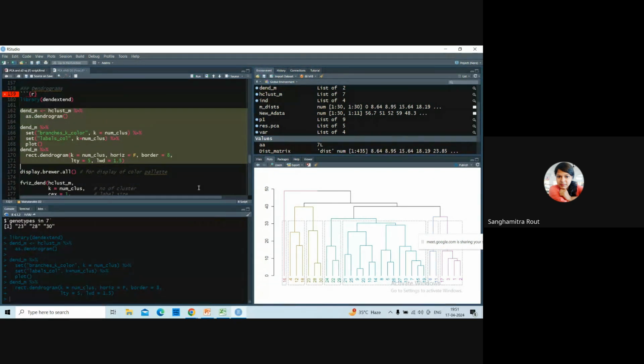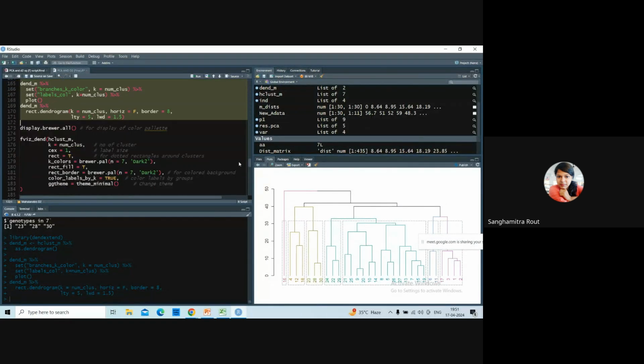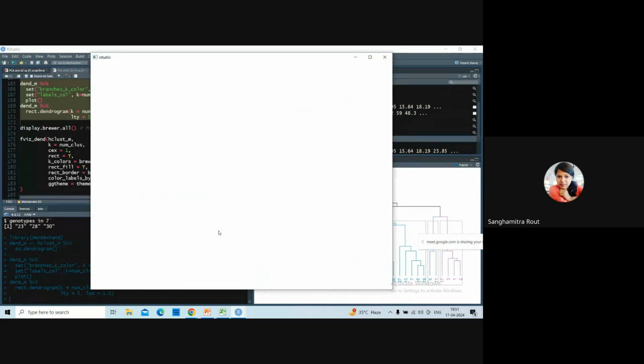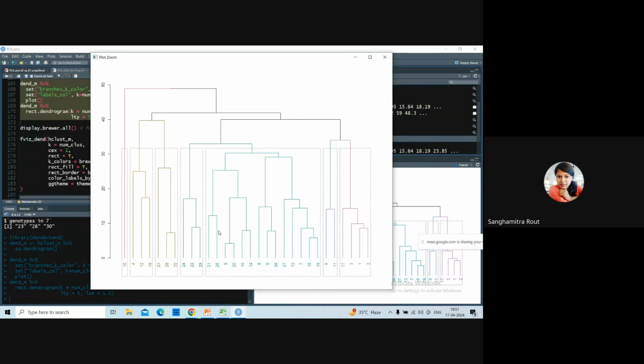Okay. Yeah. Here you can see this particular dendrogram. Right. So here you can see I have made a dot type of thing also,